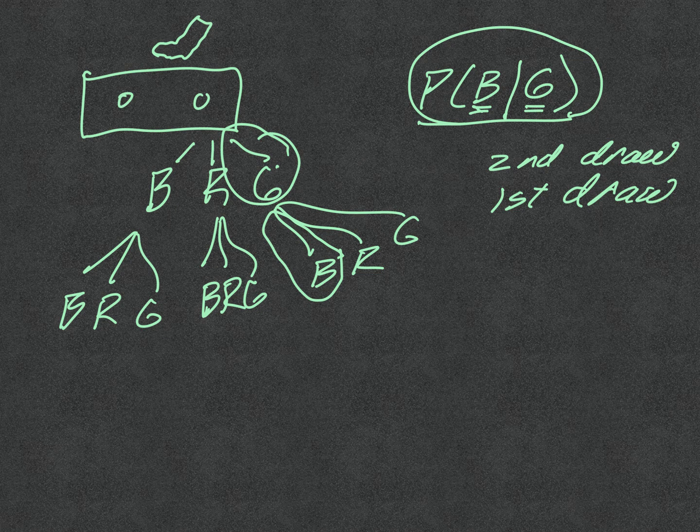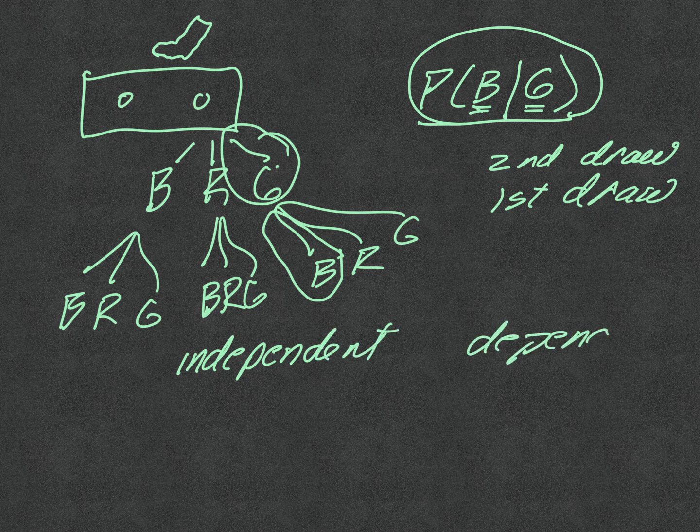Okay? So before we go on, there is a small idea we need to talk about, and that is the idea of independent or dependent. All right? And so, two events are independent